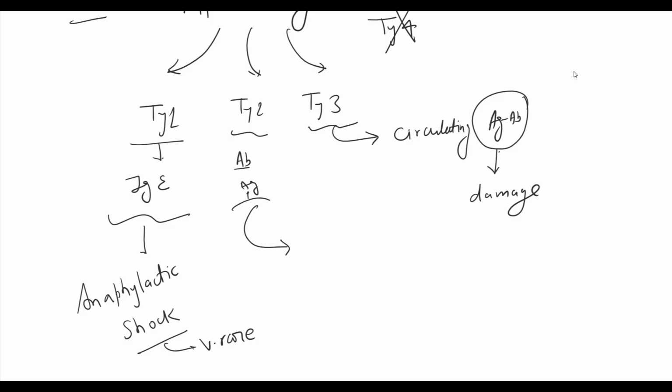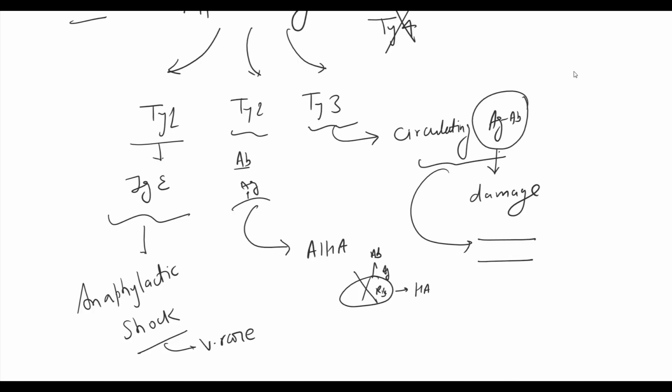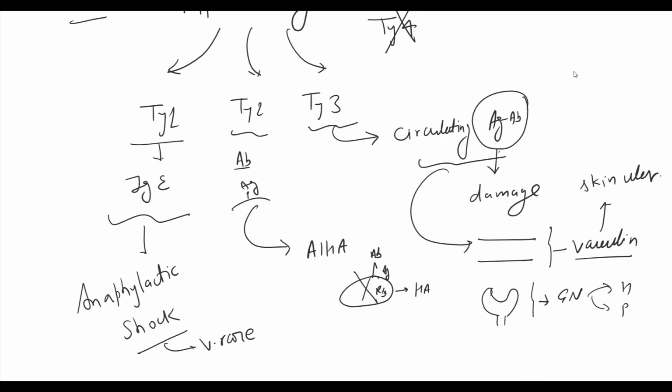Type 2 hypersensitivity reaction produces autoimmune hemolytic anemia when antibodies are directed against antigens on RBCs. They produce immune-mediated destruction of RBCs, resulting in hemolytic anemia. When circulating immune complexes deposit in blood vessels, they can cause vasculitis, which presents as skin ulcers. This immune complex can deposit in the nephron, and these patients present with hematuria and proteinuria. Deposition of circulating complexes in the synovial membrane causes arthritis.